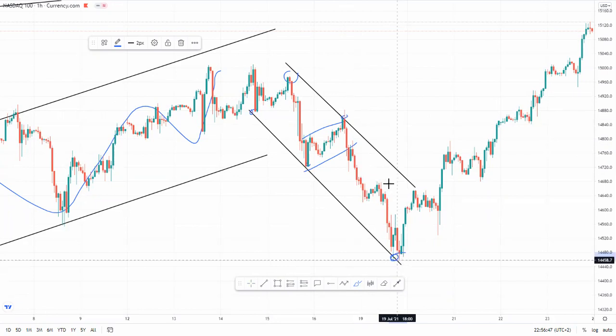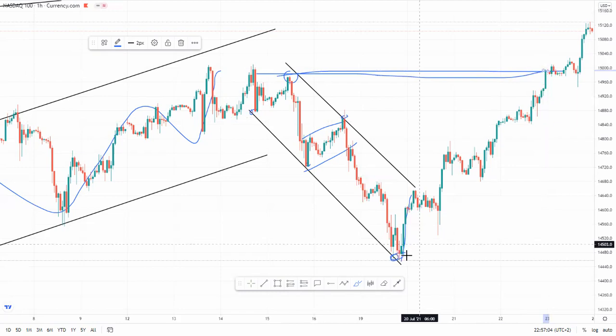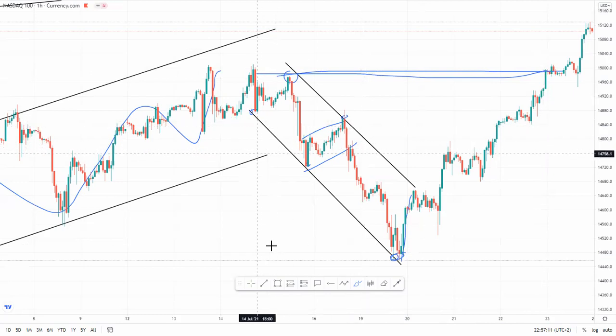Boom, as soon as you buy, your target is this. Look, it did indeed reach this target in 1 week. In 1 week, it reached this target. If you bought here, this is a lot of money. This is a lot of fun. So this 1, 2, 3 touch confirmation is very powerful.